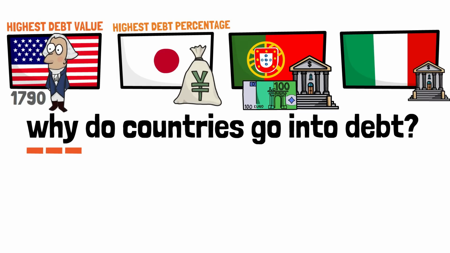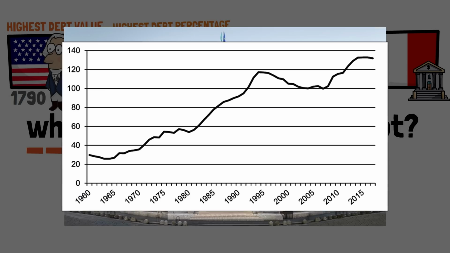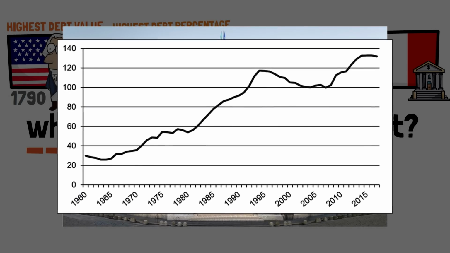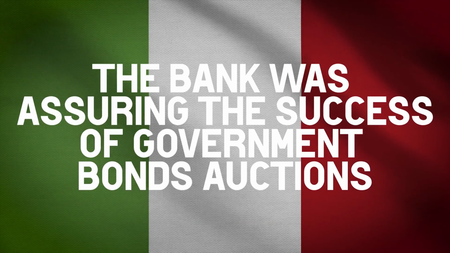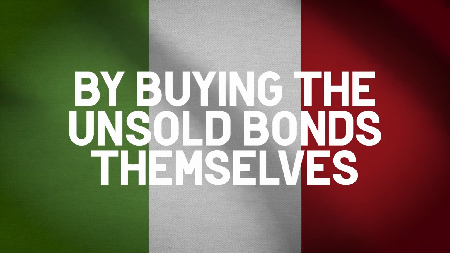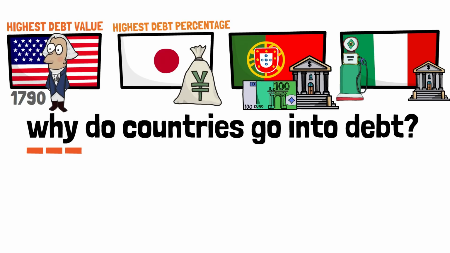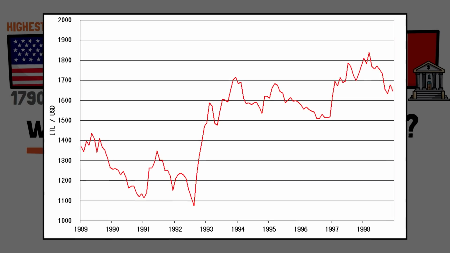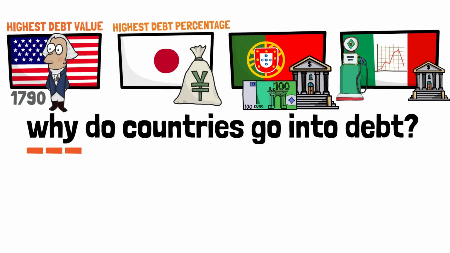the Governor of the Bank of Italy signed a divorce between the two institutions before the bank had to buy the government's bonds that were not placed on the market, and so it assumed the burden of financing the state. Basically, the bank was assuring the success of government bond auctions by printing the money necessary to buy the unsold bonds. When they stopped, it started going wrong, and at this time the oil crisis also took place, which boosted inflation all over the world, and the Bank of Italy ended up devaluing the lira by 40%. A set of not so good financial policy decisions and poor international context led to a large debt issue until